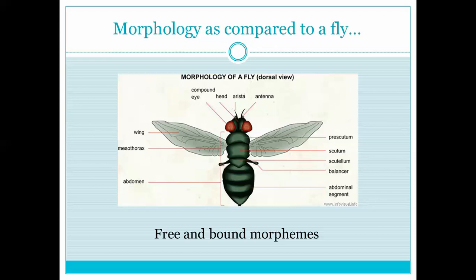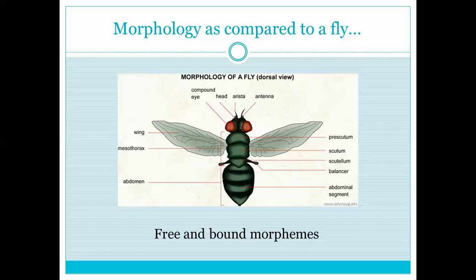If a fly does not have a head, which is, for example, its morpheme, these different morphemes that it's made of, then it does not function. And this is an example of a bound morpheme. If I have a fly with no head, the body cannot function, so it needs that head. A bound morpheme would be compared to this because a bound morpheme is a part of a word that cannot